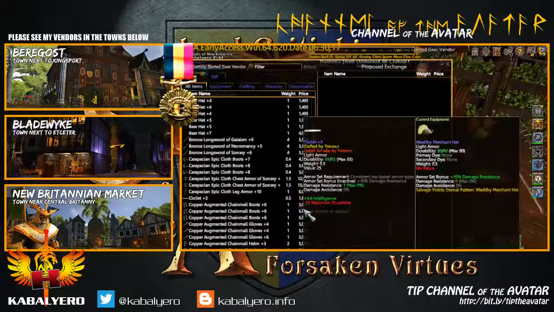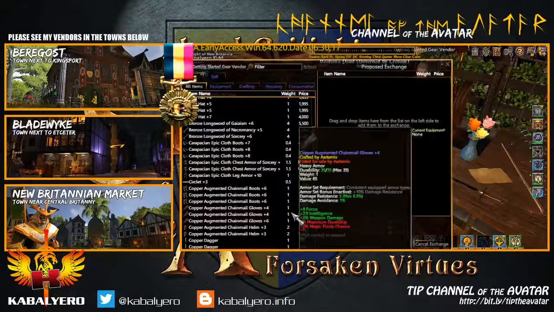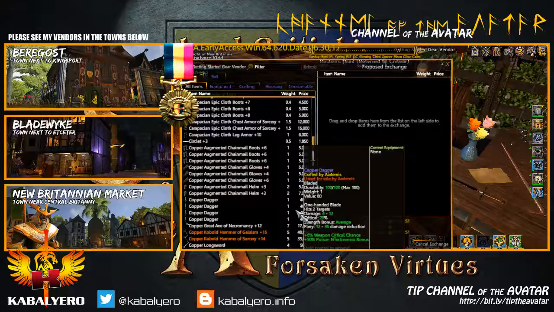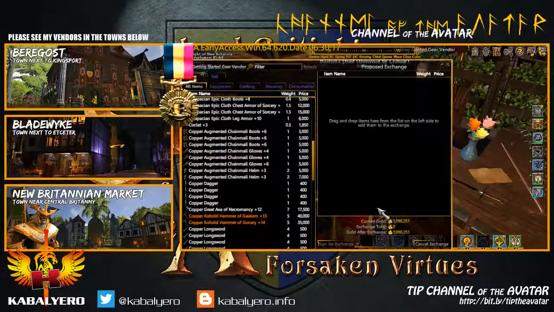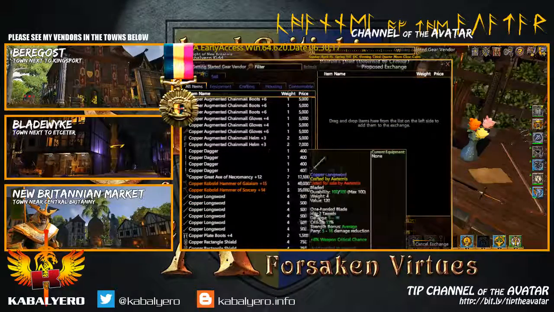Anyway, so let's move forward. We have here Carapacian epic cloth boots, chest armor and leg armor, circlet, copper augmented chainmail boots, gloves and helm. Look at that, it's almost a complete set. It's missing the leggings. Copper dagger, look at that, 400. Copper long sword,